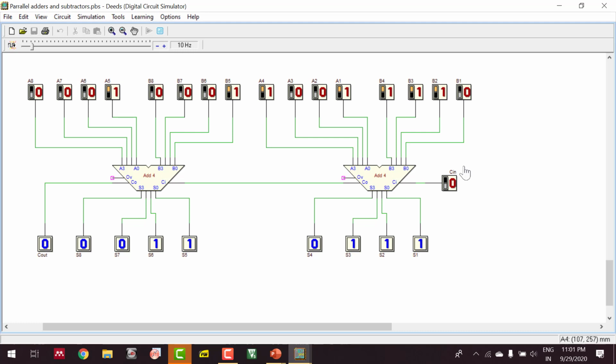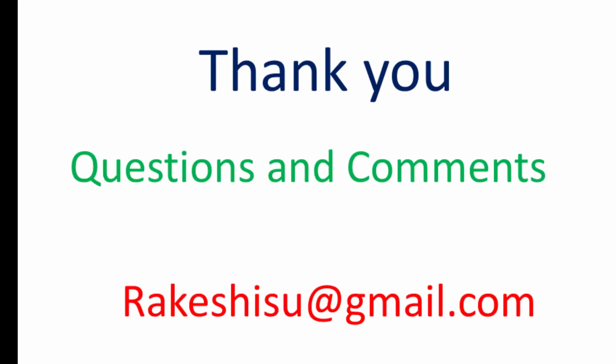So if someone wants to cross check, they can just take the binary numbers of these two and these two along with their proper order. That means you have to take A1 to A8 and B1 to B8 and add together, and you are going to get the same result, that is 55. Okay, so this is how you can cascade two full adder blocks to produce the addition. Similarly, we can extend this to 12 bits, 16 bits and so on, depending on our requirement. So all of you, please use the DEED software and try to construct these circuits and verify their behavior. Thank you all.